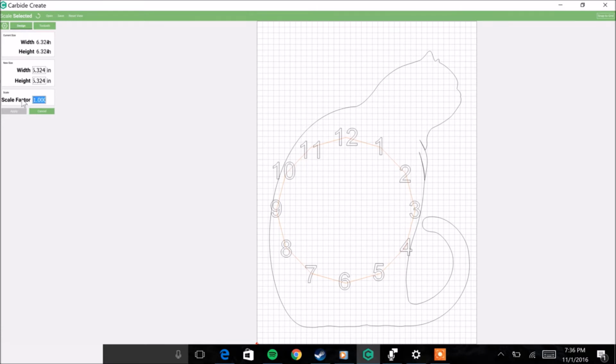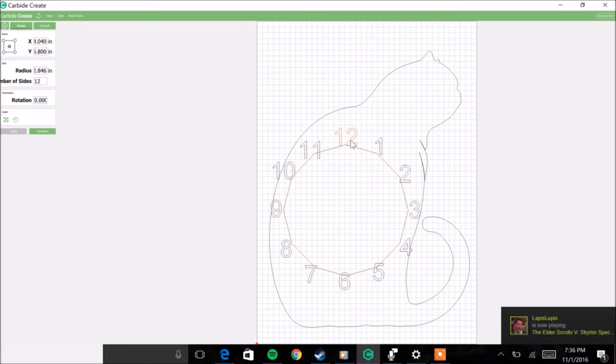Right now we have a scale factor of 1 in there. If we change that to a value below 1 to 0.75, for example, I'm not sure how this will turn out, but we're just doing it as an example, and click apply, we get a polygon that is 3/4 the size of the original. So we're going to undo that quick. And let's go with a scale factor of 0.9. And that works pretty well, actually. So what we're going to do quick is select all the numbers and move them down